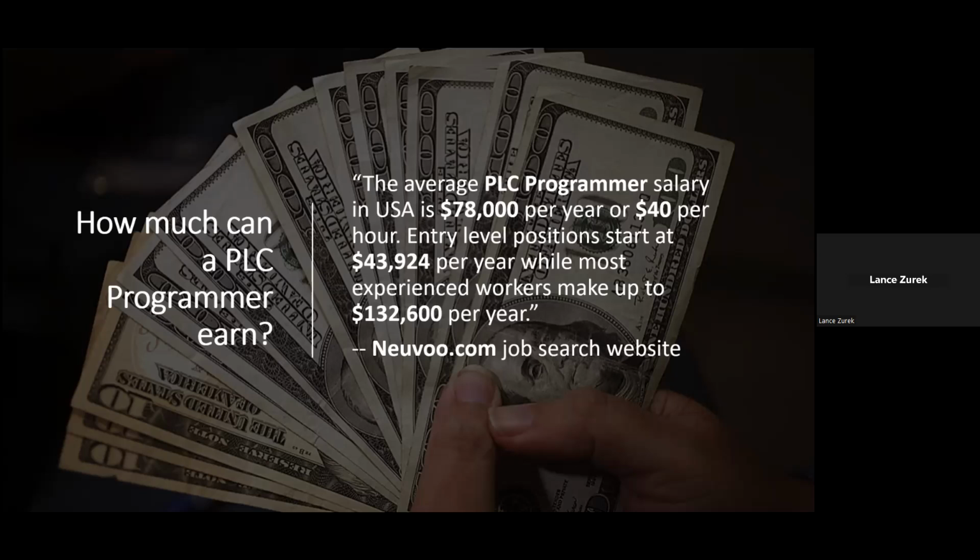Entry-level positions start at $43,924 per year, while the most experienced workers make up to $132,600 per year. As I prepared the original notes for this webinar, I took a look at the list of current job openings for PLC programmers on nuvu.com, and this was back in February of 2020 when I had started putting the notes together. The listings at that time showed 15 positions being advertised for PLC programmers with salaries of over $75,000. And two of them even listed starting salaries of